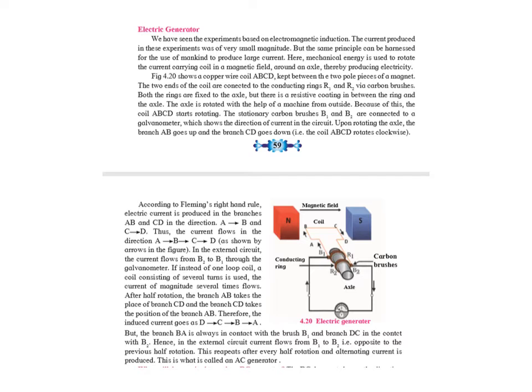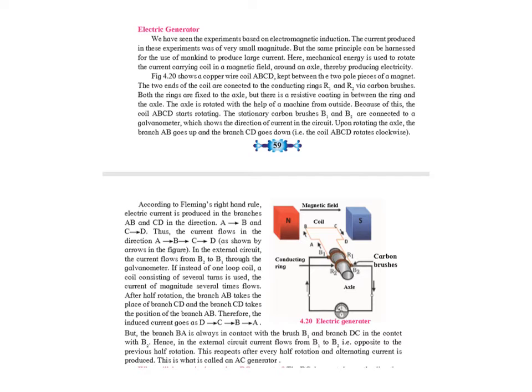The one that we are seeing in front of us, and the one that we are learning, is called an AC generator. What is an electric AC generator? A generator which converts mechanical energy into electrical energy in the form of alternating current is called an AC generator. Now look at the diagram and let us see the construction first.